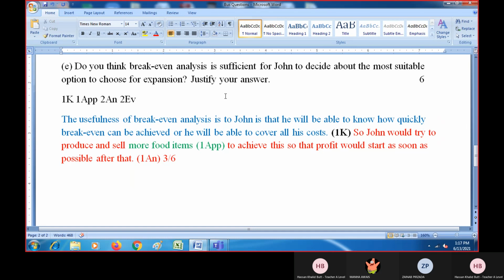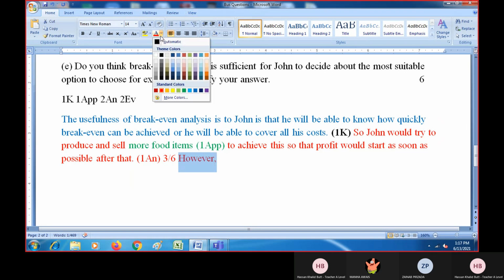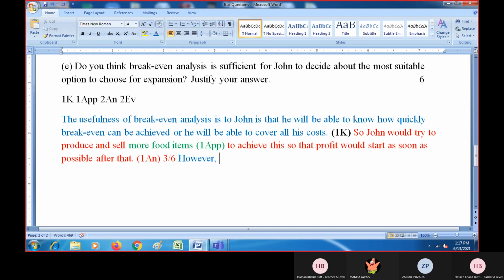This is how we attempt such types of questions requiring evaluation, or requiring your recommendation or judgment. So whenever you start writing the other side, you start it with however. This shows that you are about to discuss the opposite side of what you discussed. Right? So, however,